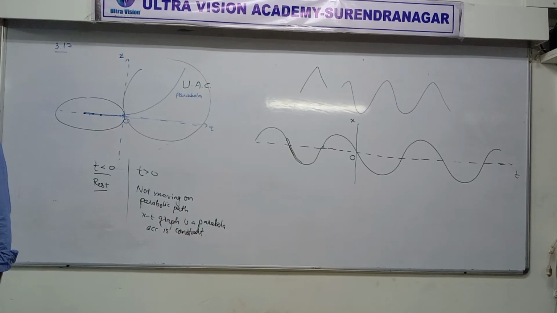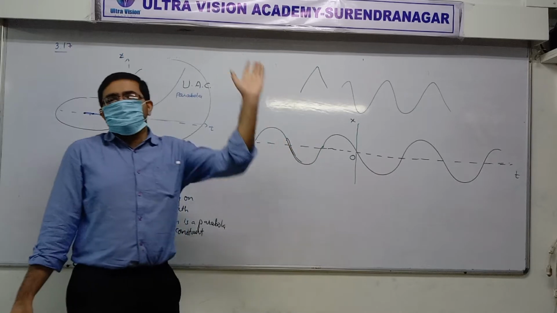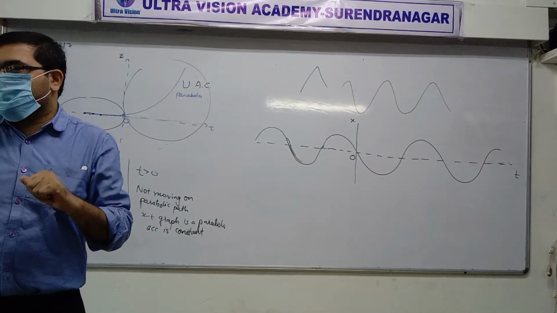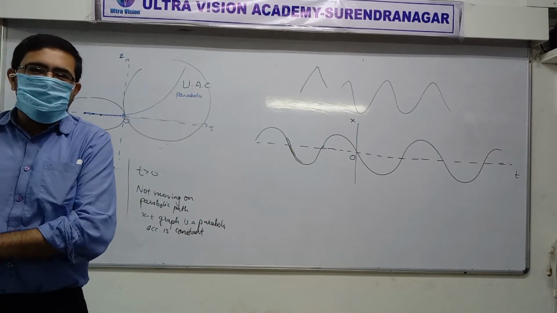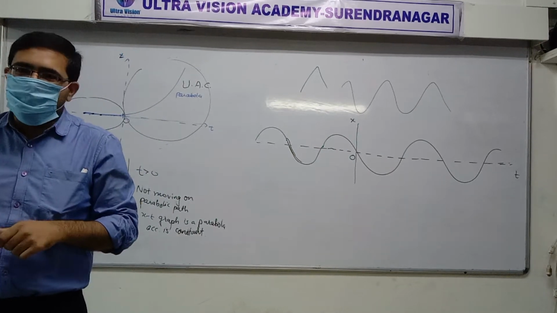Slope of tangent gives acceleration in which graph? In the v-t graph. Slope of tangent gives acceleration, but only in the v-t graph. In the x-t graph, you don't get acceleration from slope of tangent. All right? Sit down, both. So let's begin. The easiest way to remember that sign is: when a bump comes, what do you do? Do you reduce speed or increase it? That's how you can remember.